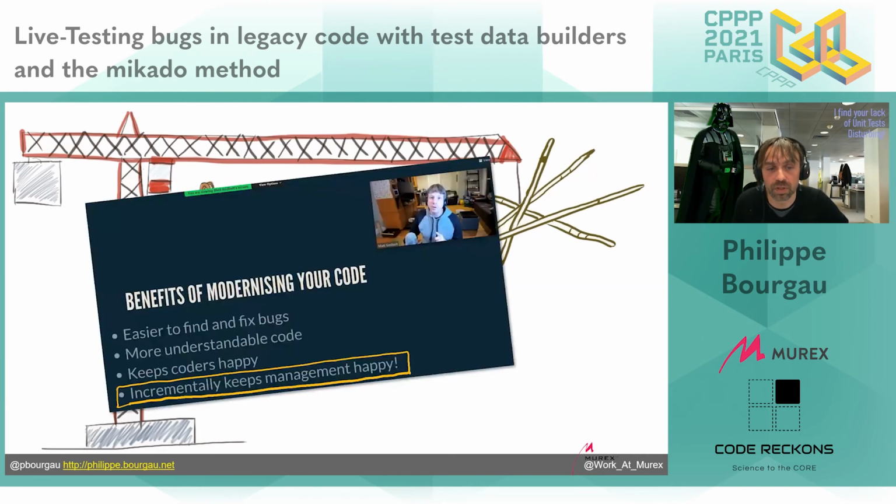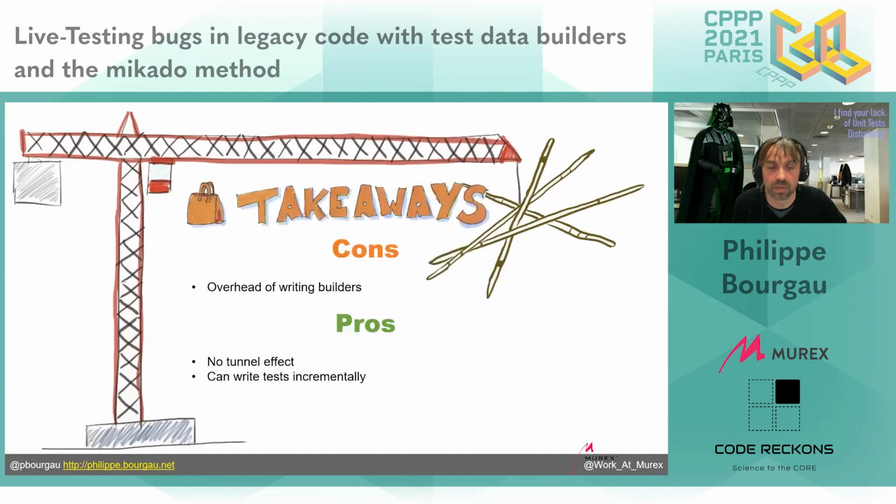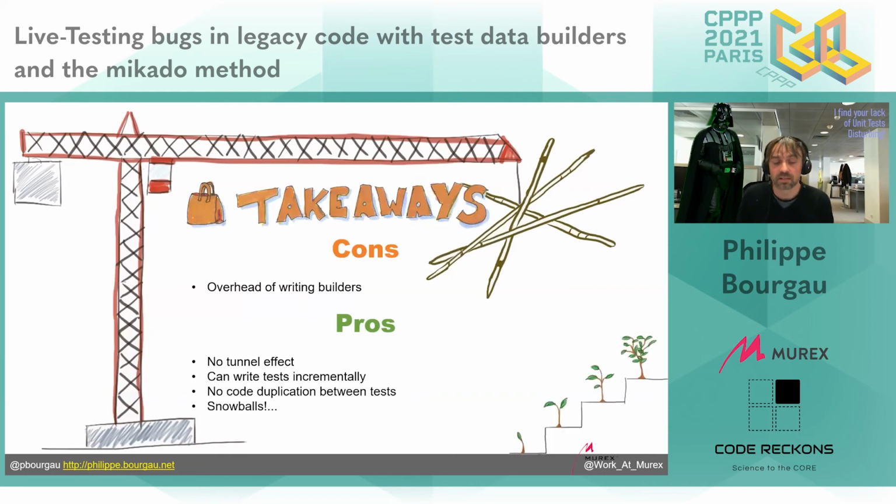If you remember the keynote, incrementally keeps your management happy, and that's what we're talking about here. You can test your legacy code incrementally using these techniques. You can take your time to do it, and slowly but surely you'll get to something that is more and more testable. There's cleaner test code, there's no duplication between the tests, and it snowballs, and that's the really interesting